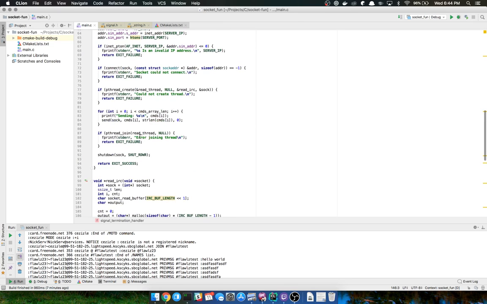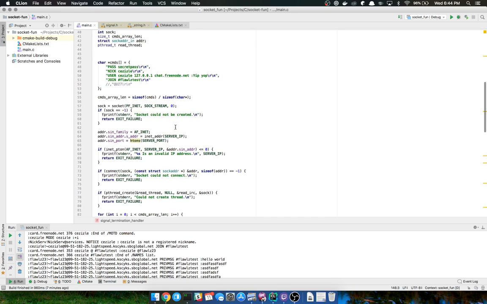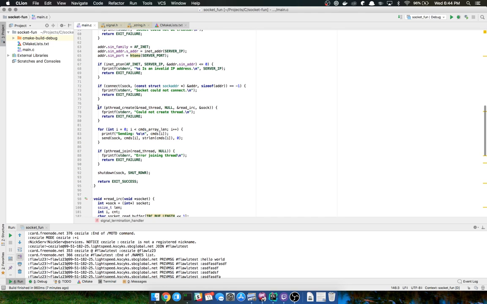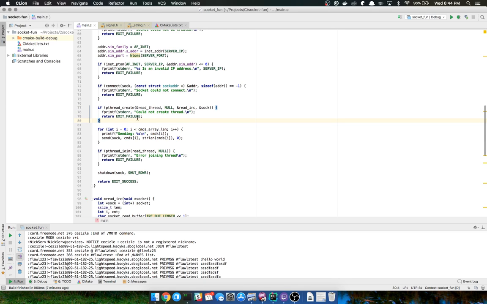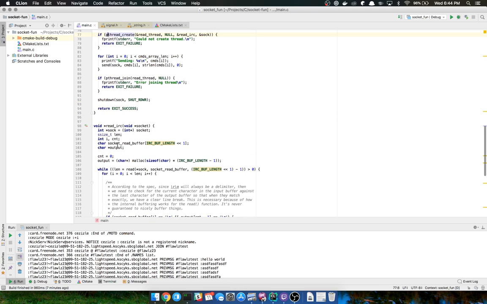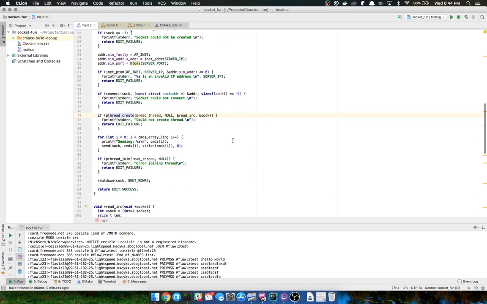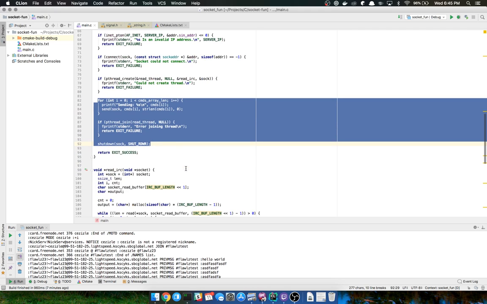The challenge here, and we'll come back to that, is I do have two threads going on. Because that read is blocking, I went ahead and split that off into another thread, so that's what this read IRC is, using the P thread. Again, another POSIX API thing. I split this off into its own thread. So this thread right here is going to be the main execution, or the main thread.